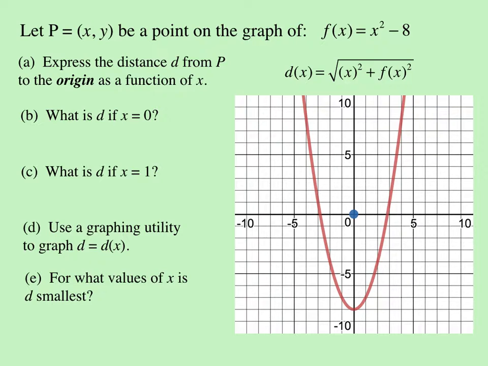Now, the first question says, what is d if x equals 0? Well, if I solve that algebraically, I would need to know the value of the function at x equals 0. That is negative 8. I'm going to square negative 8. I get 64. And then the square root of 64 is 8. I also can see